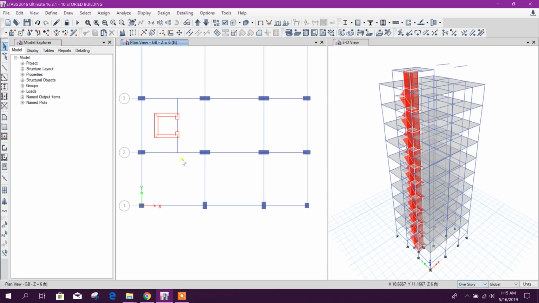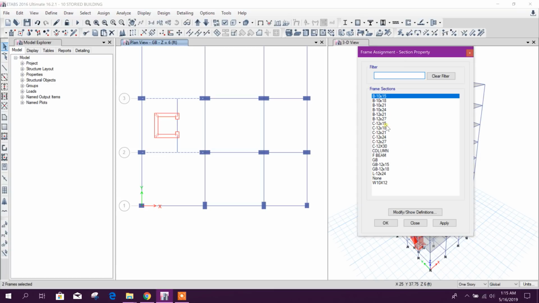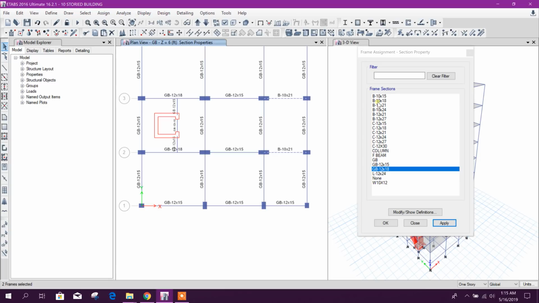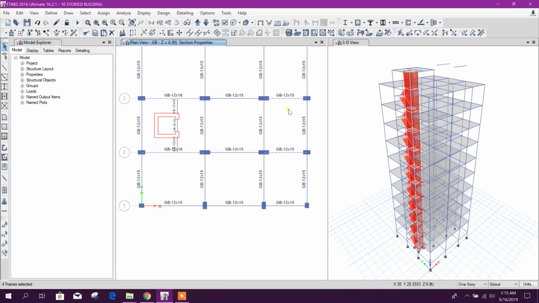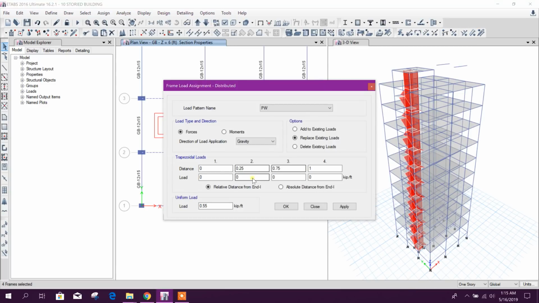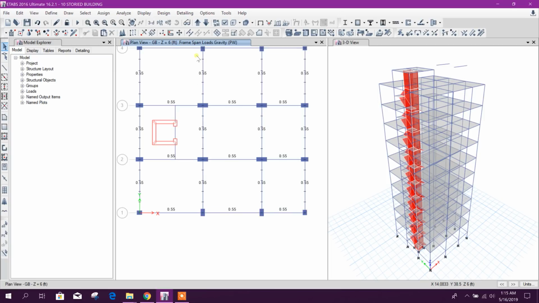Now select this one story, these two. Before it was GB 12 by 18, this one 15. These two beams are having line load 0.55 feet. Okay,